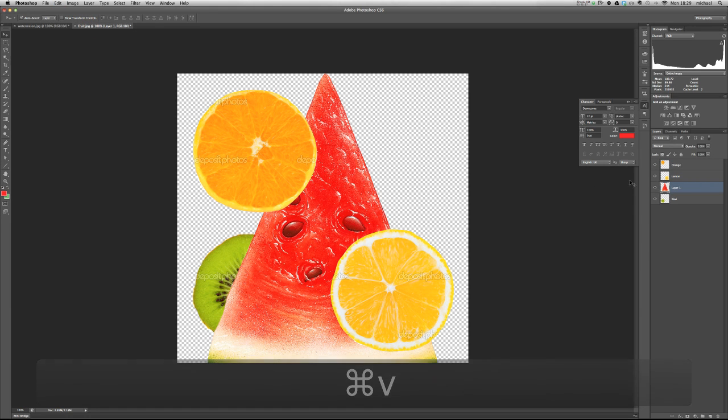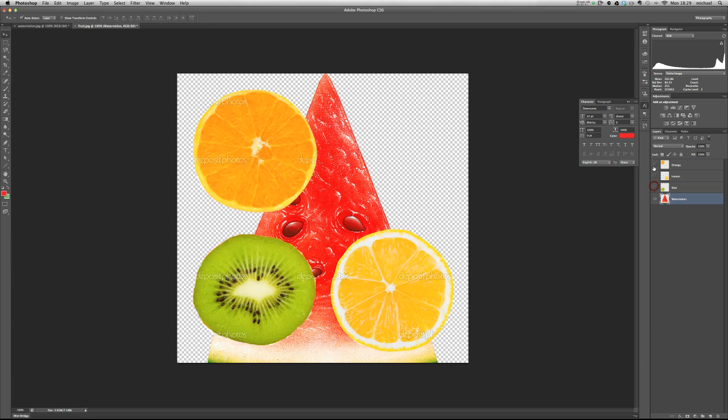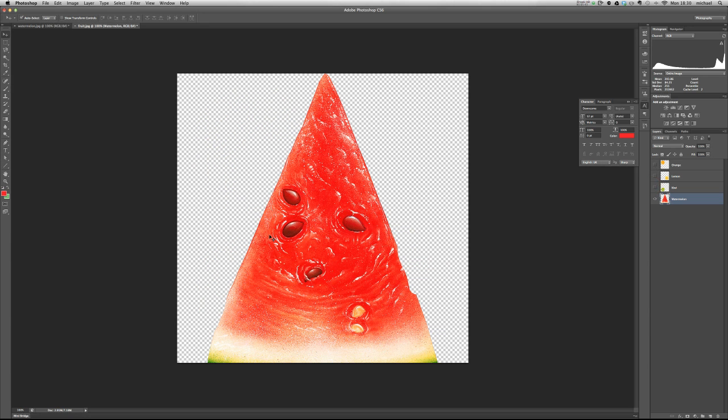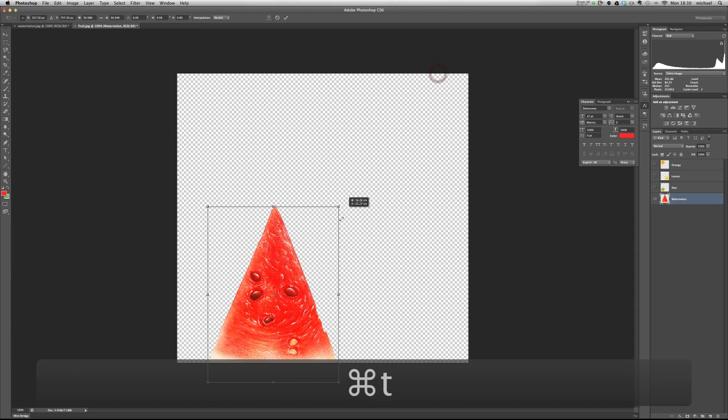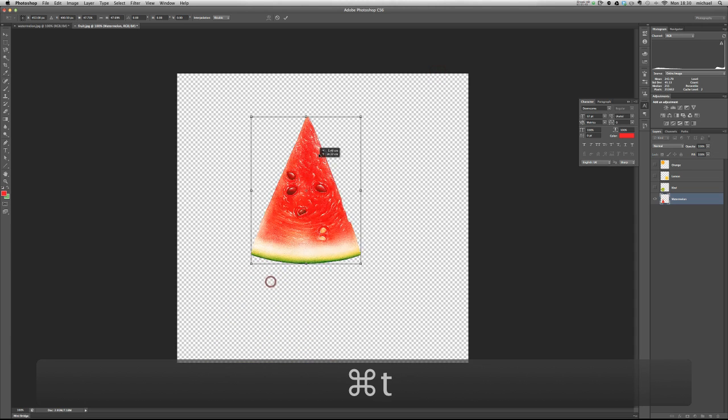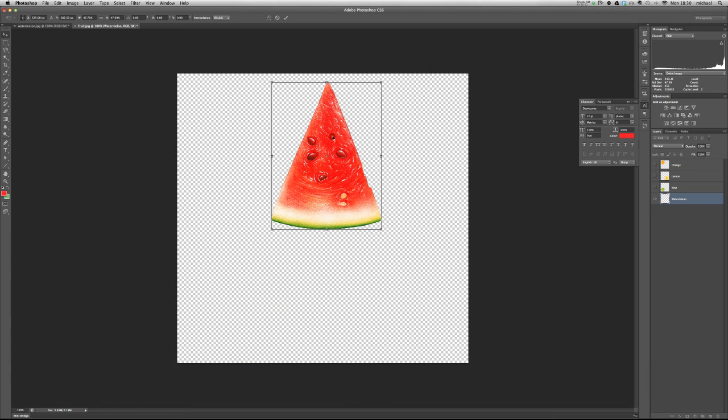now I've got my big watermelon, and I can start composing my composition. So what I want to do is arrange these. I want to put the watermelon in the back. I'm going to turn off the other ones, and then I'm going to press Command T or Control T to bring up the transform tools,